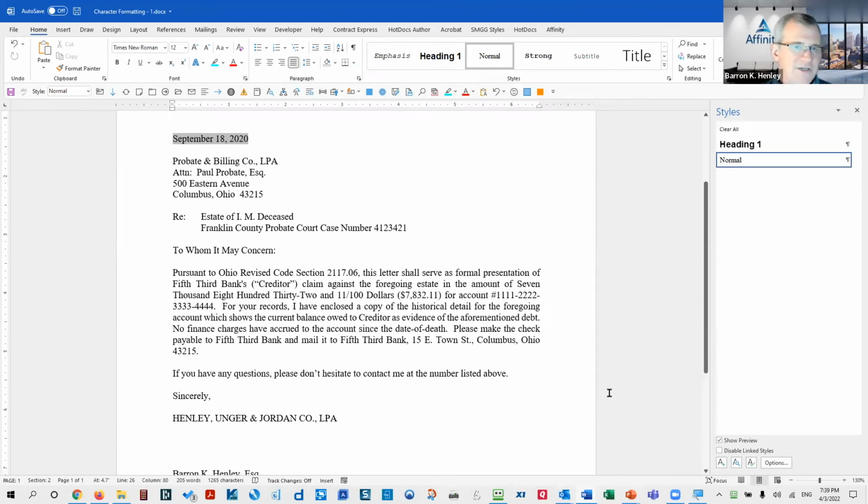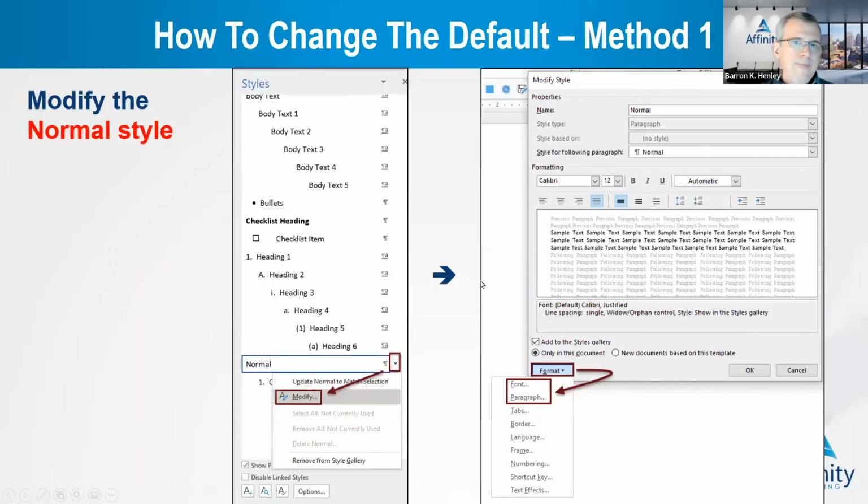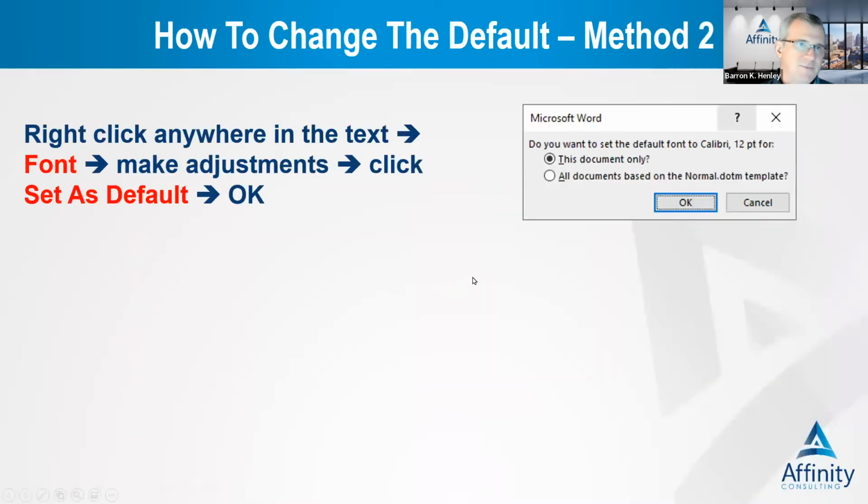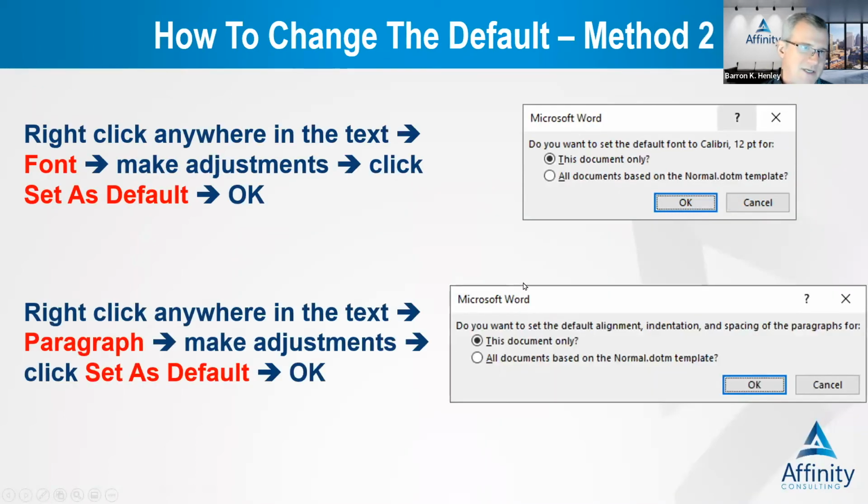I didn't touch the text at all, and it all switched to Times New Roman because I was looking at the default and I changed the default. If there's not a layer on top, all you've got to do is update the default and you will change it. Okay, here's method number two, and this works for both Windows and Mac, and it's a two-step process,